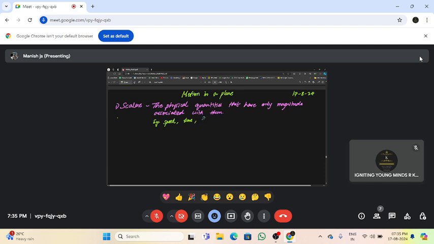Temperature is again a scalar quantity. Like this, you have different scalar quantities. You can talk about mass as a scalar quantity, etc. These are called scalars because they only have magnitude associated with them. You only have a particular value, but you don't have the information about the direction of any particular value that we are talking about. So that's all about the basic aspects of scalars.